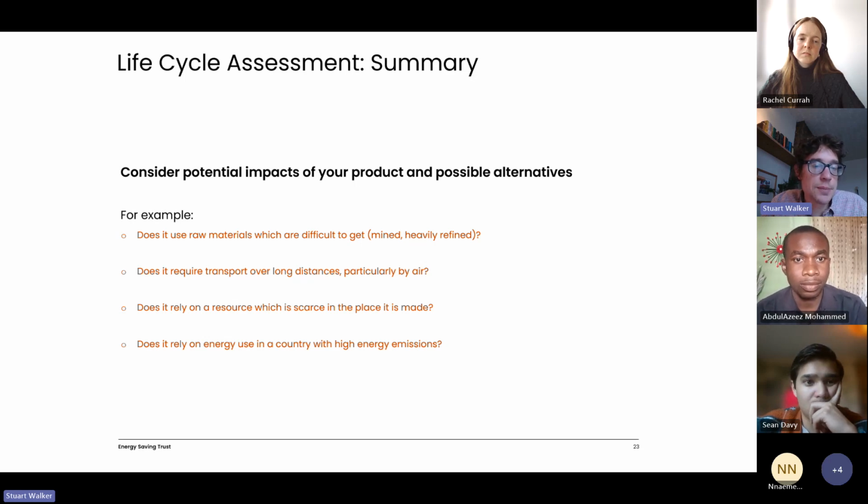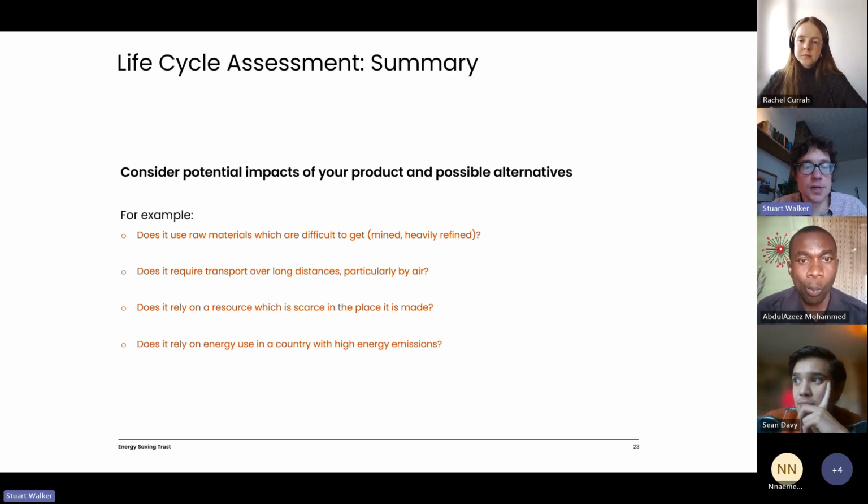So for example, if we're using raw materials that are difficult to get, essentially if they need a lot of refining, so if there's lots and lots of stages of processing required to get that material, if there's something that's very scarce that needs a lot of work to get, or if it's difficult to find, if it requires a lot of mining, a lot of these products also tend to be expensive for the same reasons. So this is a good indicator: if a product is quite expensive, it quite often probably has a high impact.